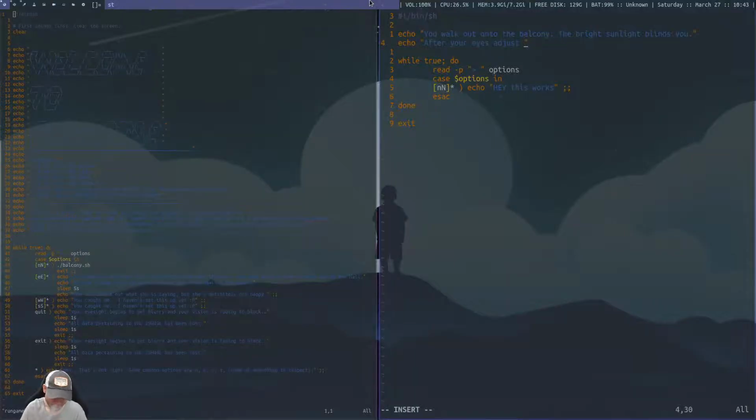But so after your eyes adjust to the sunlight, you notice a lounge chair. Echo.